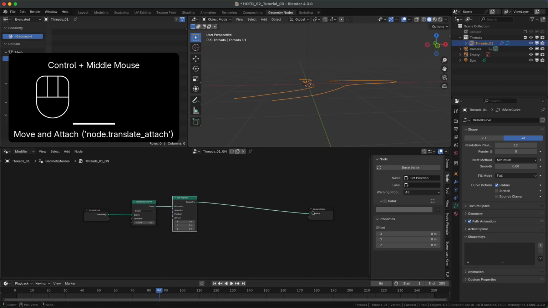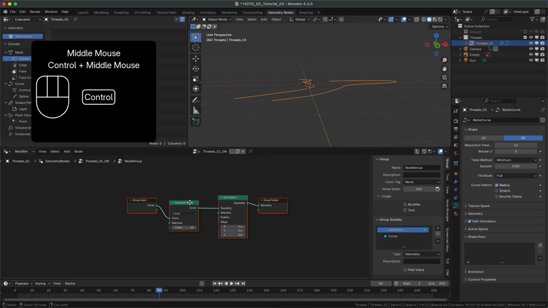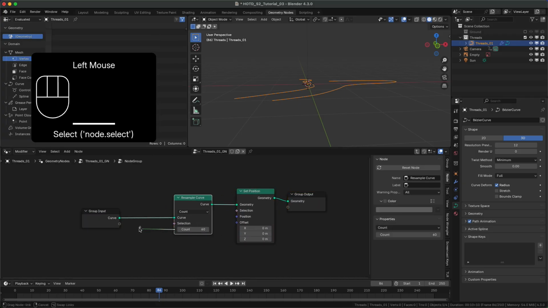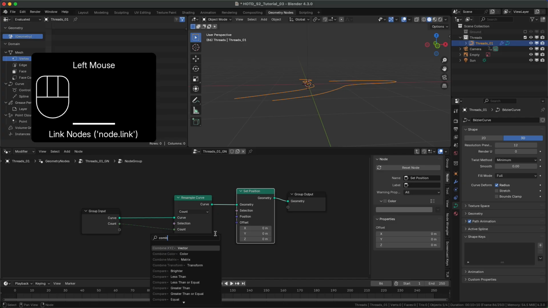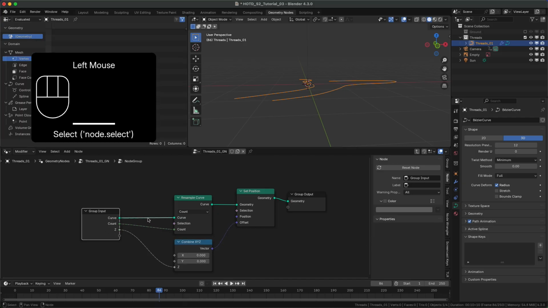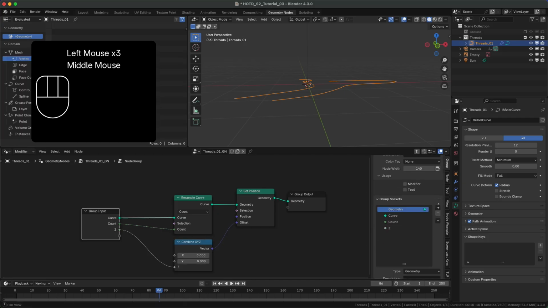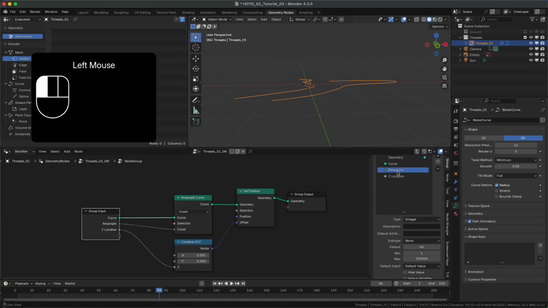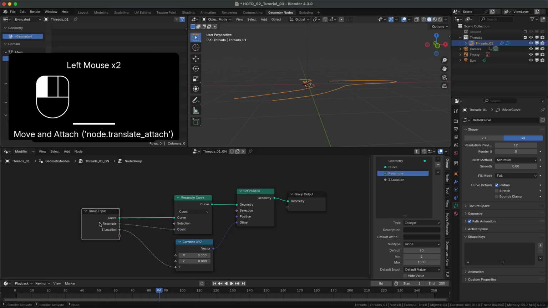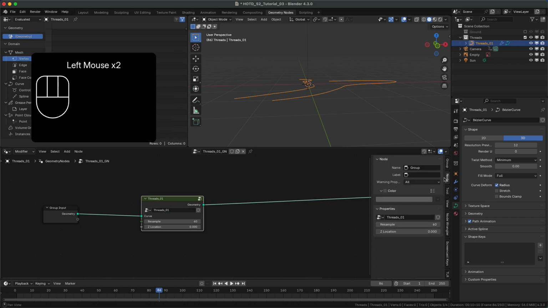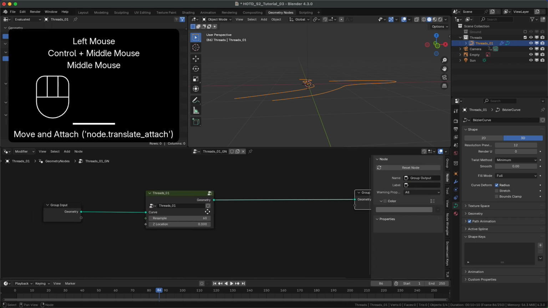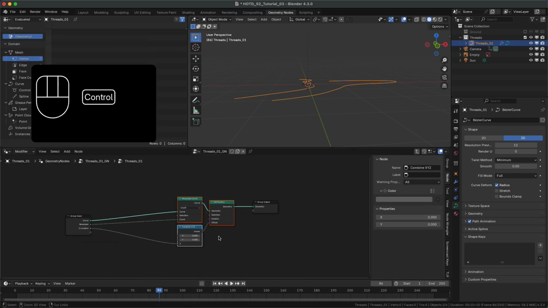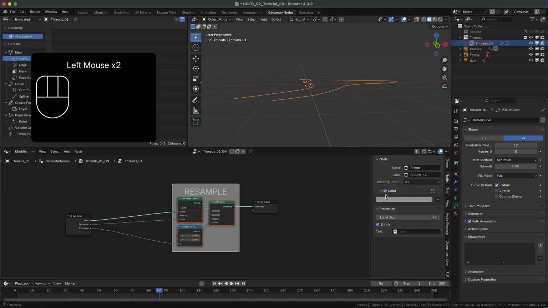and with both nodes, create a new group, drag in the resample curve count, connect a combined XYZ to the offset of set position, and drag the Z value to our group. We'll rename them, decrease the Z values so that the curves are below the ground, exit the group, change the node name and label, re-enter the group, and make room again. And with the 3 nodes, create a frame. We rename the frame, change its color, and